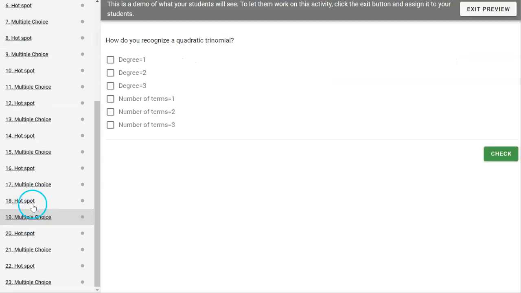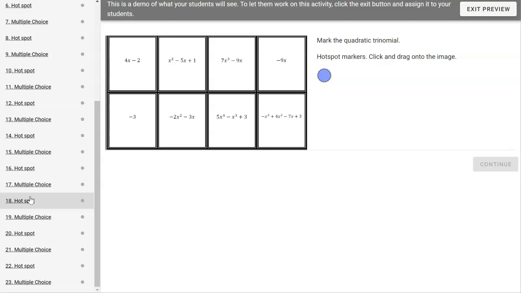So when you get to 19, it's asking mark the quadratic trinomial. So it needs to be both a quadratic and a trinomial. And then here they're going to mark the cubic binomial. And then they're going to mark the linear monomial. It's not a constant though. It's just a linear monomial. And that's it. So once they're finished with that task, and it should go pretty quickly,